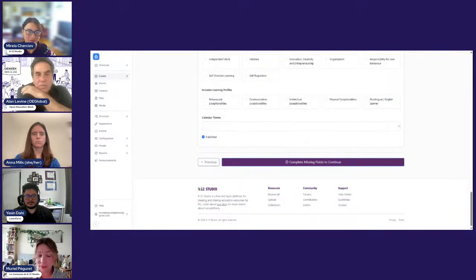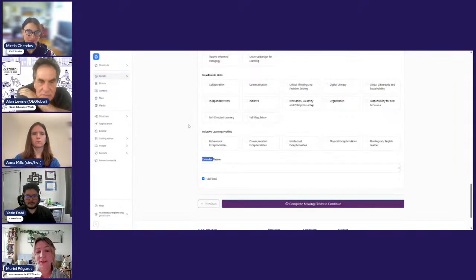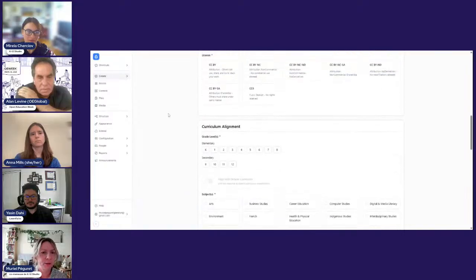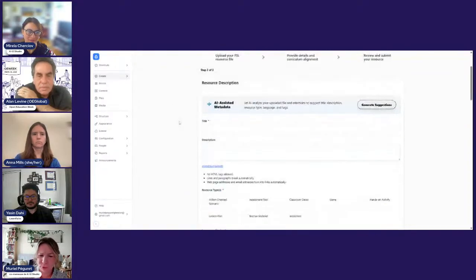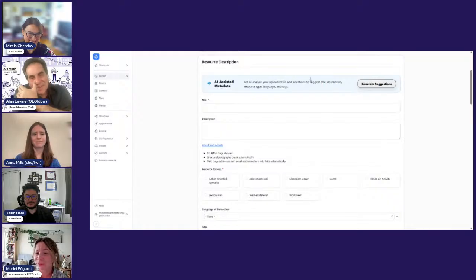And calendar theme: AI is very good at picking up words that refer to any theme that we touch on as a teacher throughout the year, Black History Month or Groundhog Day. I don't know if you have that. Oh yeah, you have that in the States as well. You might want resources on this.